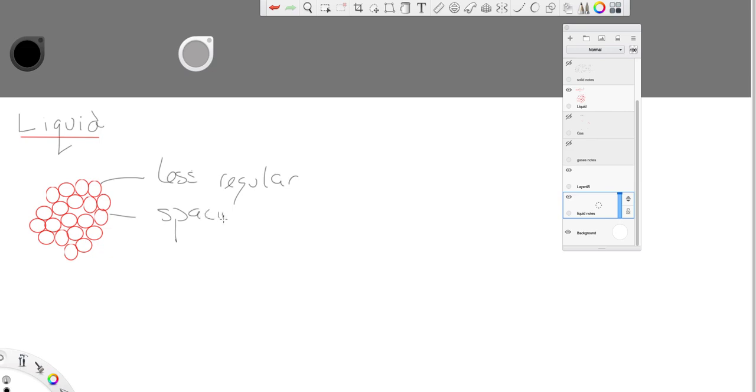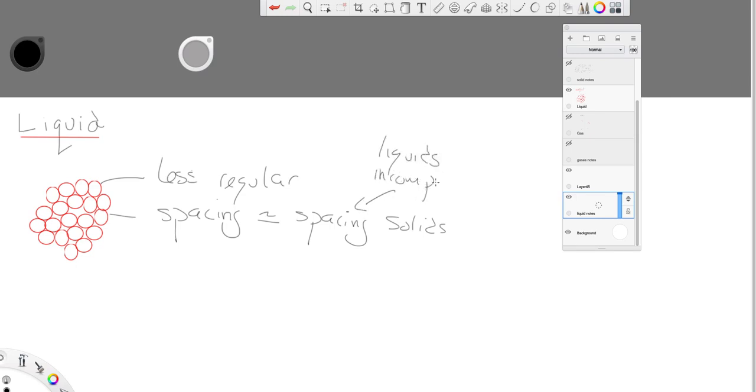The spacing between your atoms or molecules is about the same as the spacing in a solid. You might say, well, that's not really clear, we've got a space in here. Well, that's just an error in my making the diagram, really. But what I was trying to show here is that the order of these, it's not as regular, but they are as close together. Now that means liquids are also incompressible,